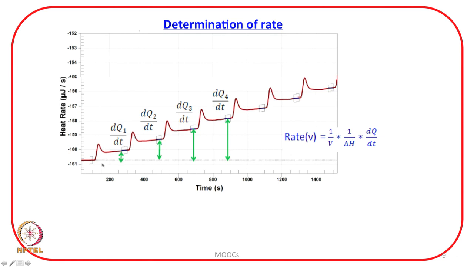This is not the main event for determining the rate. The main event for determining the rate is the heat rate, that is the rate of flow of heat, which is determined after the injection has been made, you see, in each case. And if I know the delta H, that is the area under the curve, then I can easily calculate the rate. Rate is equal to 1 over volume into 1 over delta H into dq by dt, and this is how to determine dq by dt. That is,